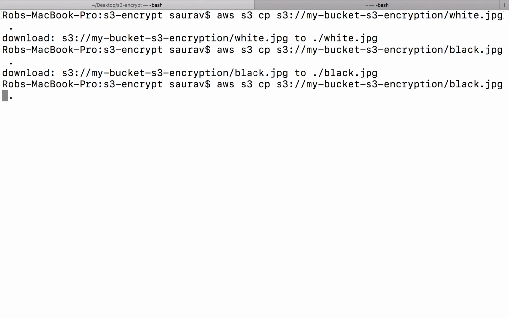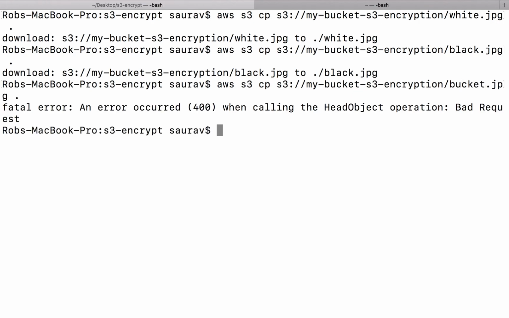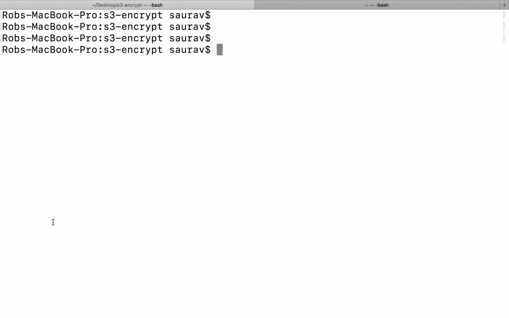Now what happens if I try to download bucket.jpg? Right? Bad request, fatal error. So basically what it's saying is that I can't download this without providing the keys. So to download that file, the command that I need is AWS S3 cp from my S3 bucket,